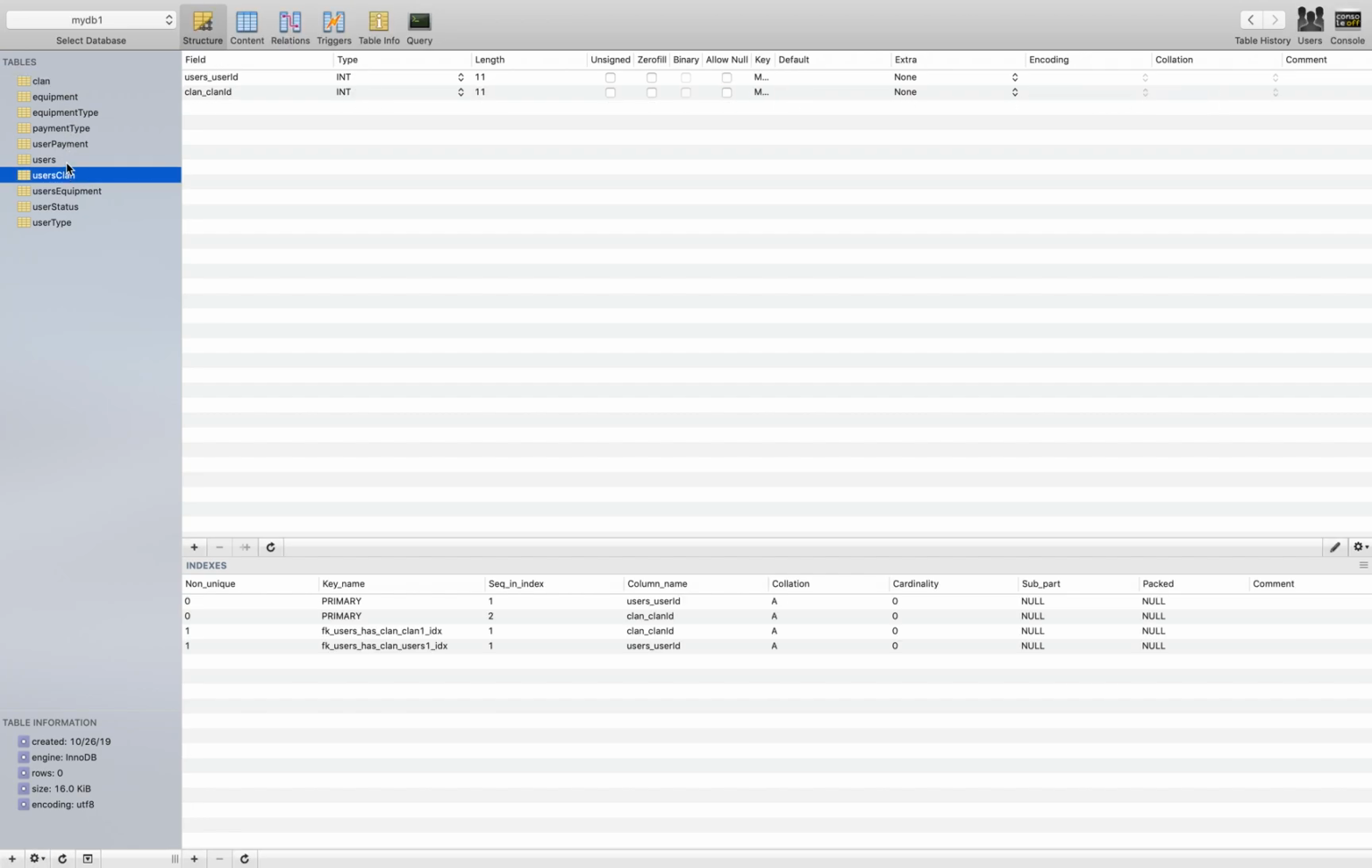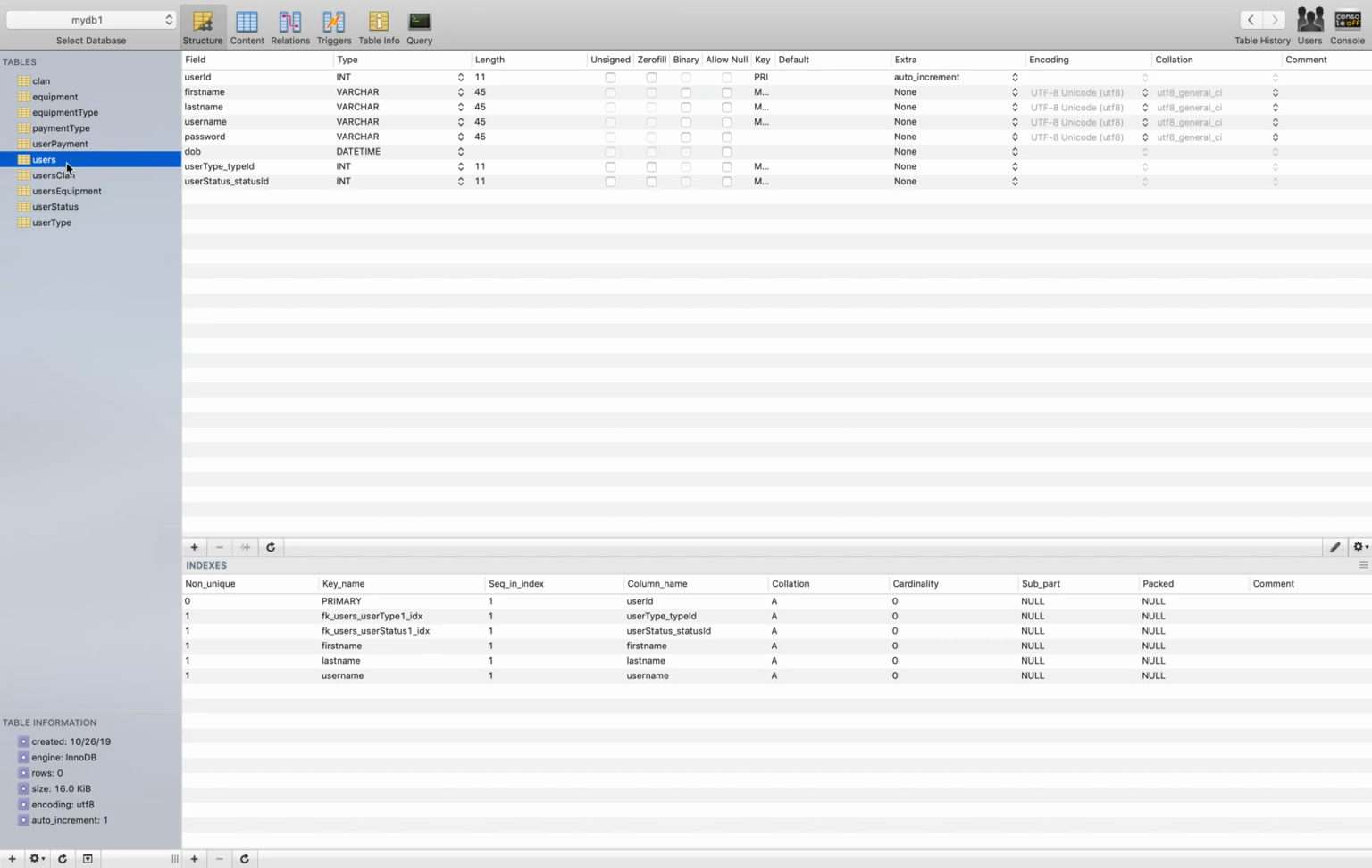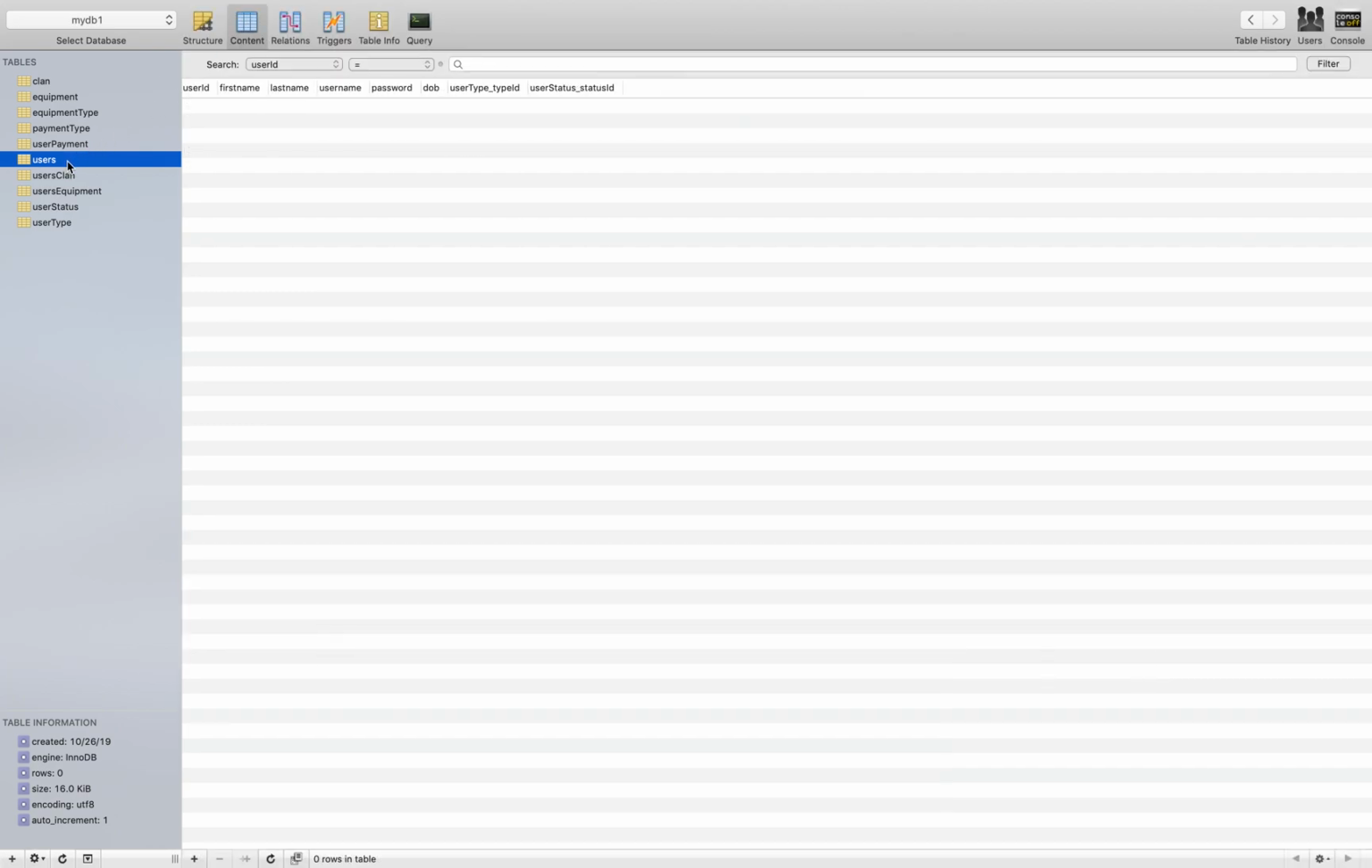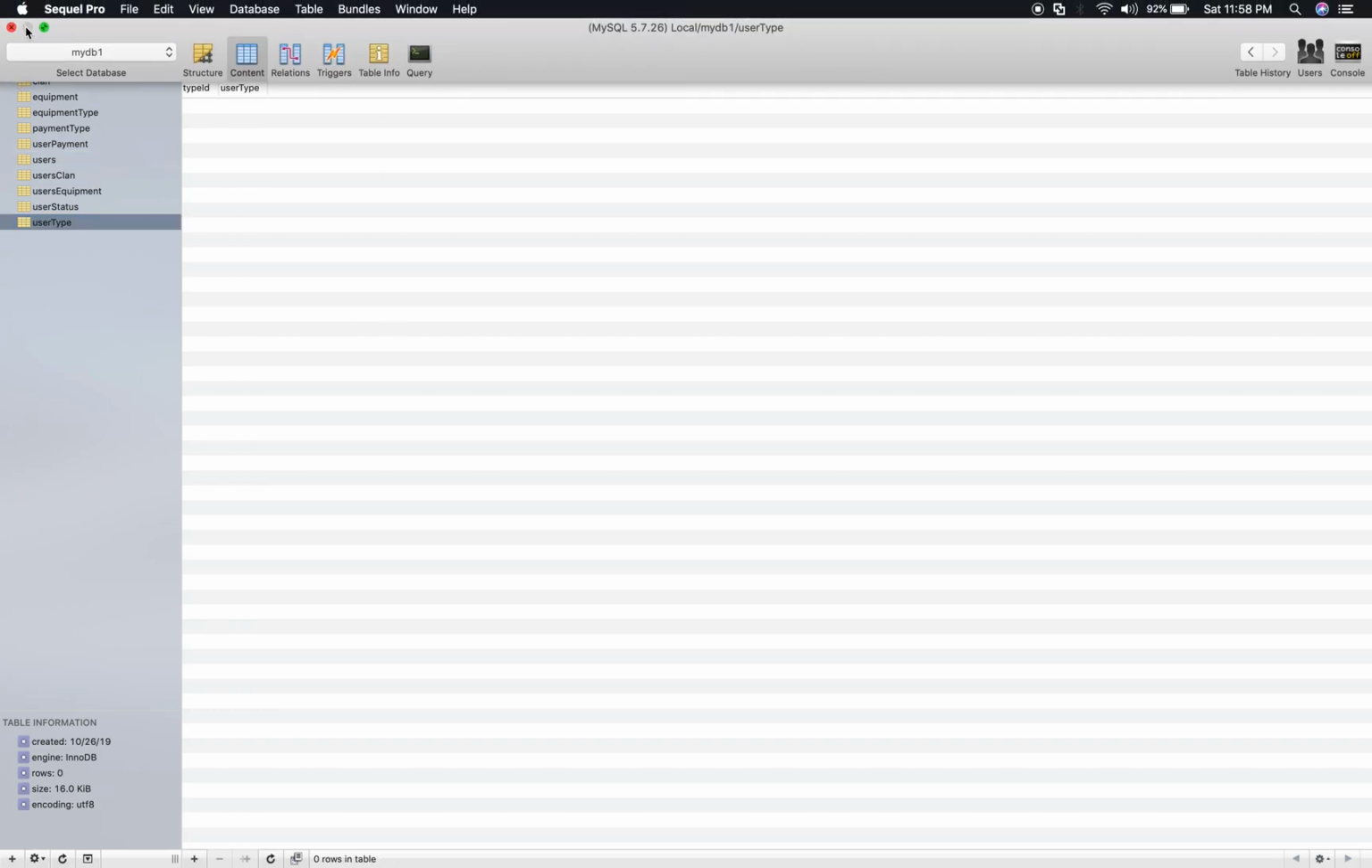The relationships, the relationships between the users table goes to the user status and